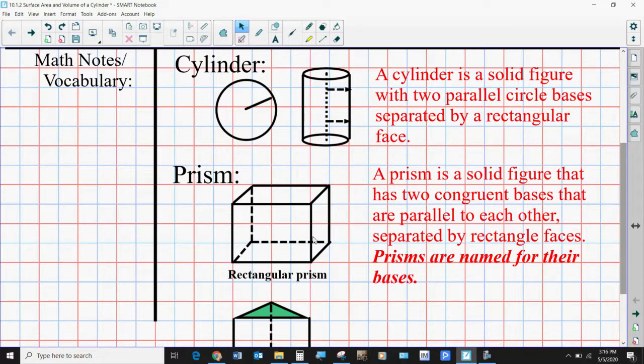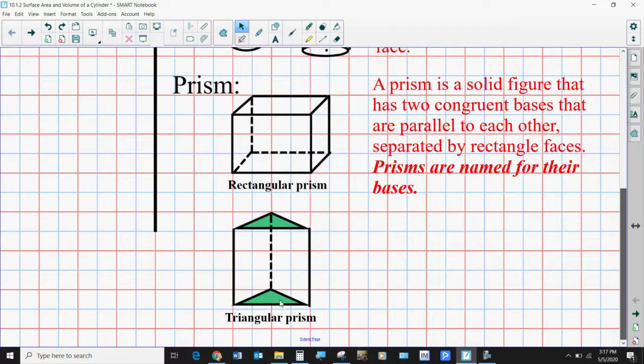If you want to have this side right here be the base, it can be the base. You can have the top be the base, in which case the bottom would be its congruent parallel base. You could have the left and the right be the bases, or the front and the back be the bases. For the prisms that are rectangular prisms, it really doesn't make any difference which rectangular face is the base. But when you get into any other type of a prism, like this triangular prism, the odd shape, in fact,